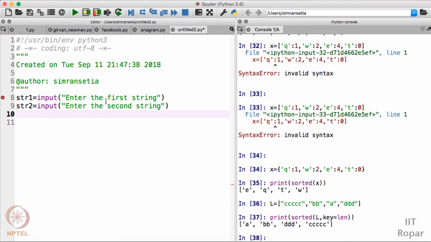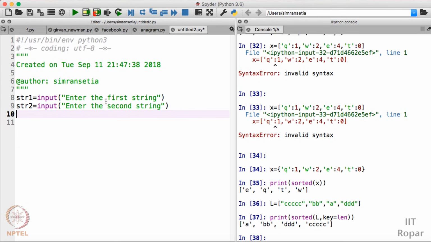Now you can figure out what purpose the sorted function would serve here. So we can sort these two lists str1 and str2, and if the sorted version of these two lists is same, then we can say that str1 and str2 are anagrams, otherwise they are not.